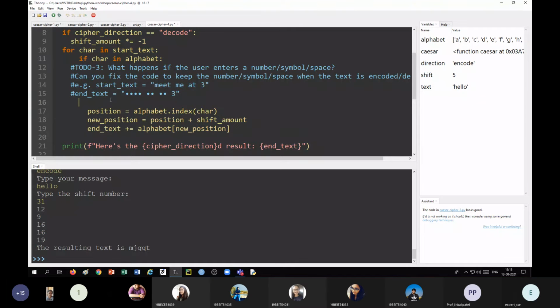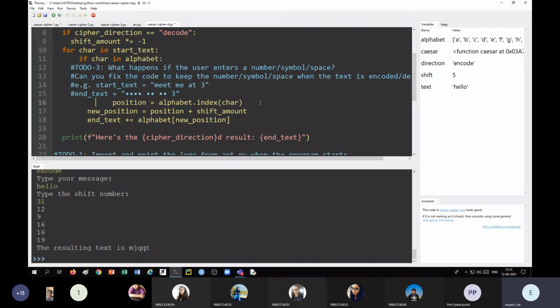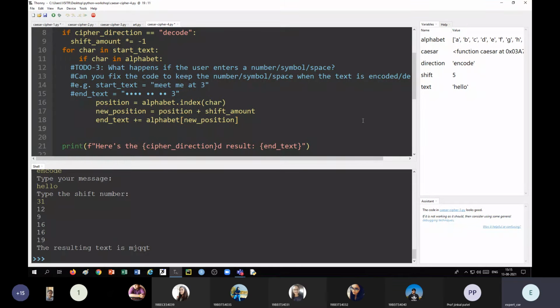Okay, if the character is in alphabet, then we will do this thing. If not, what we will do? Else we take as it is.